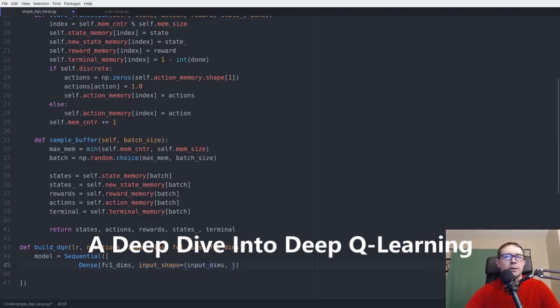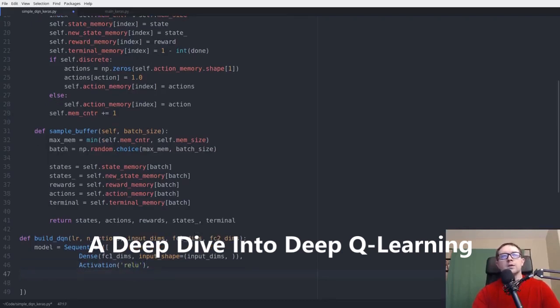And the input dims, comma allows us to either pass in a batch or a single memory. That will be important when we are learning or choosing an action respectively. Next, we need to do an activation, and that will be a ReLU. We'll also need a second dense layer that just takes FC2 dims, and we don't have to specify an input